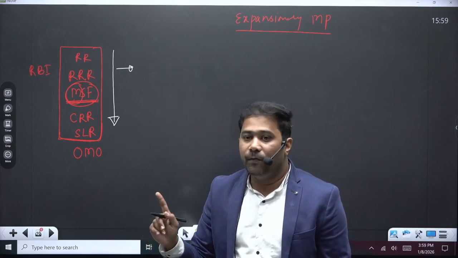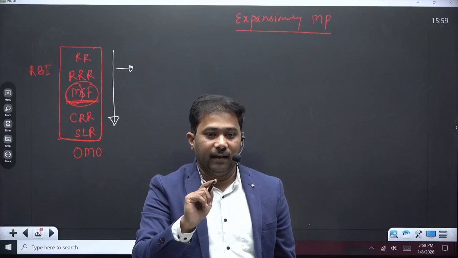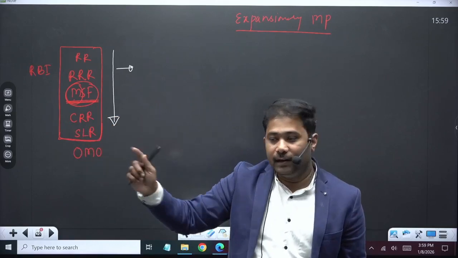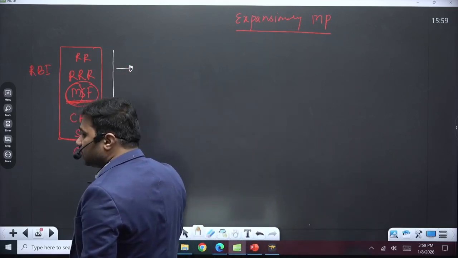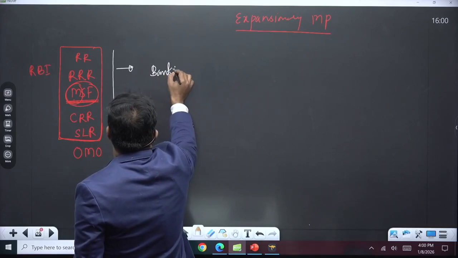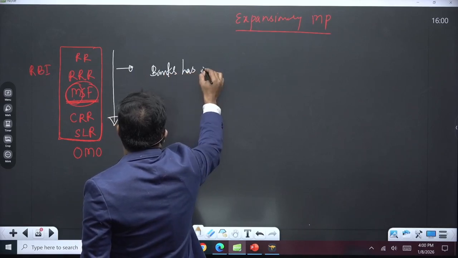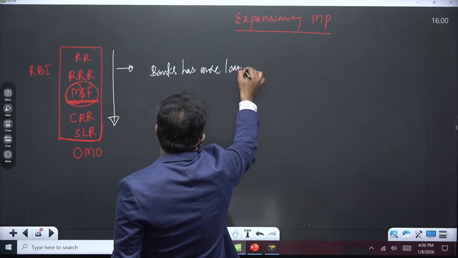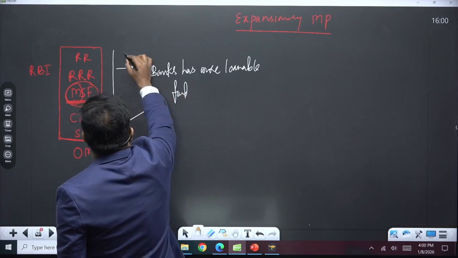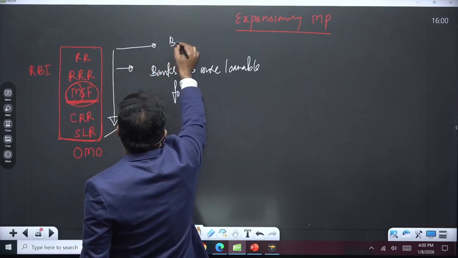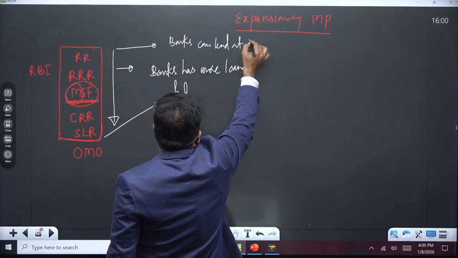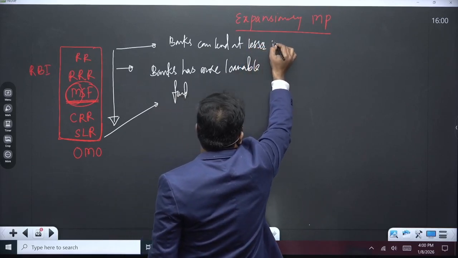That time we took the example of 20%. If it is only 1%, then the bank has 99% of the amount for the loan, right? So if any of these decreases, it will increase money supply, because banks have more loanable fund in case of reserve, and banks can lend at a lesser interest rate